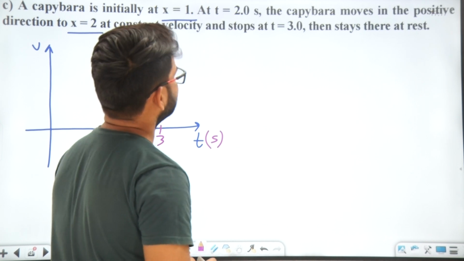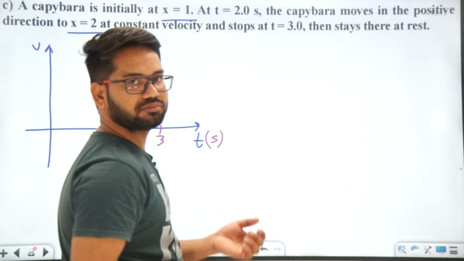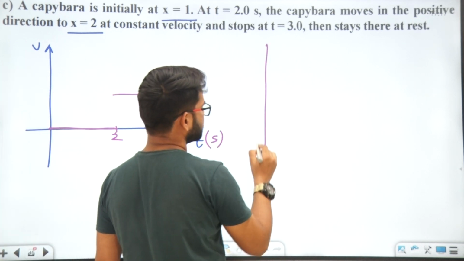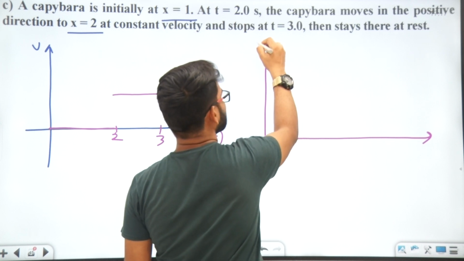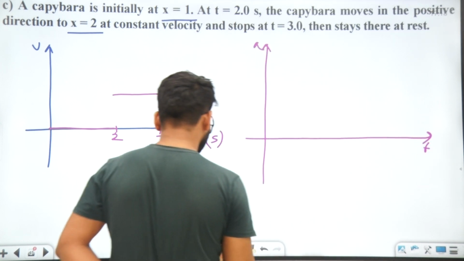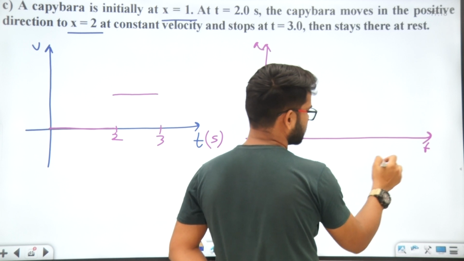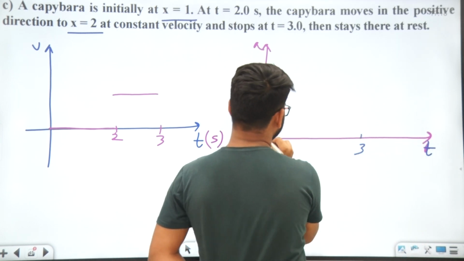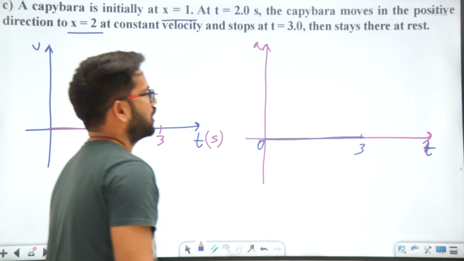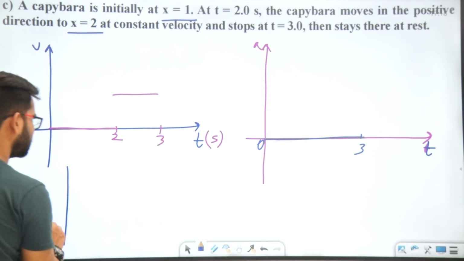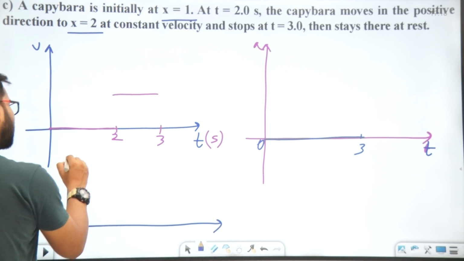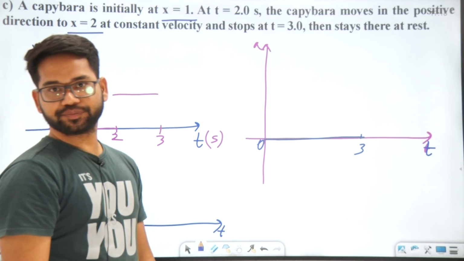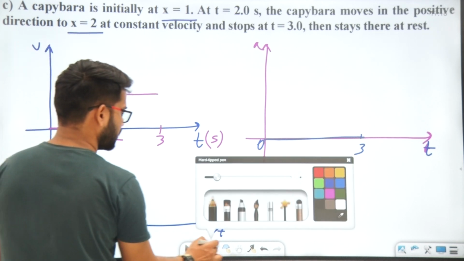Now if you are interested in drawing the graph of acceleration throughout the motion, acceleration will be 0, right? Throughout the time interval up to 3 seconds acceleration will be 0. If we are interested in drawing the graph of variation of position with time, initially it was at